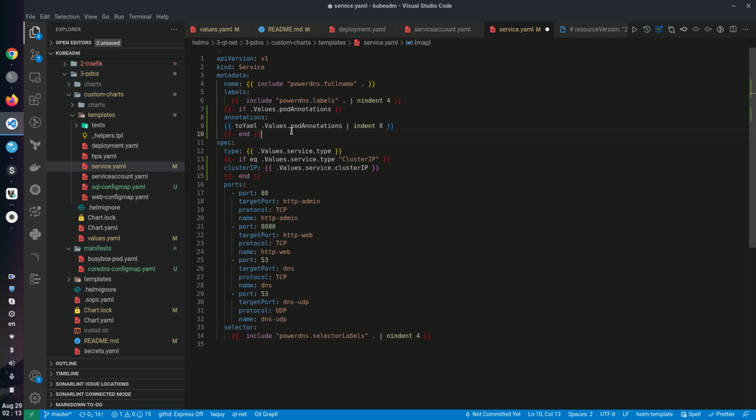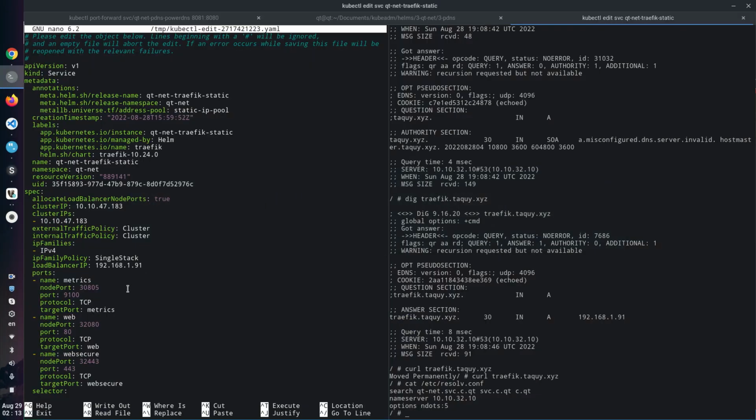So the annotation is all about the service annotation, which we don't have yet, obviously. And the second thing is obviously if we are using load balancer IP addresses, I think. I think I can try to